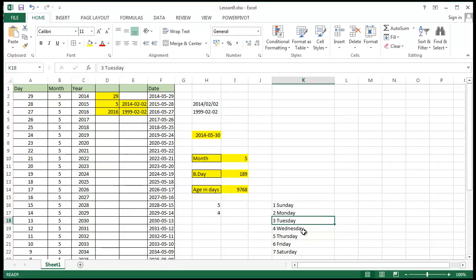Yes, that's correct. Great. So for the last task for today's lesson, let's use the network days function. Most weeks have 5 work days, Monday through Friday, and 2 weekend days. I know some weeks seem to have 20 work days, but it's just your imagination. Excel has 2 functions that let you perform workday related calculations. So we'll be concentrating on the network days function, which tells you how many work days are in a range